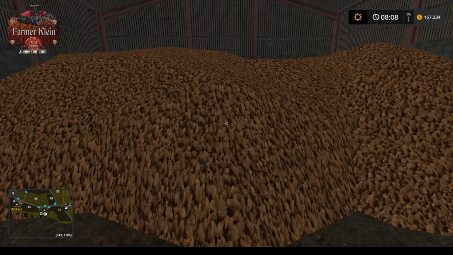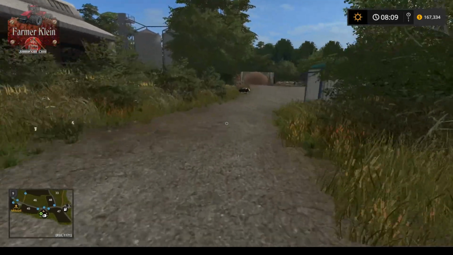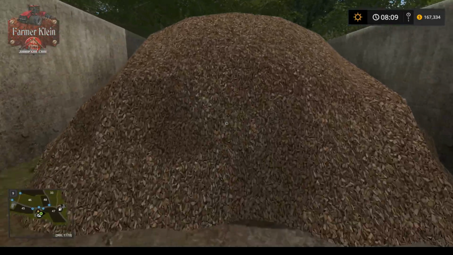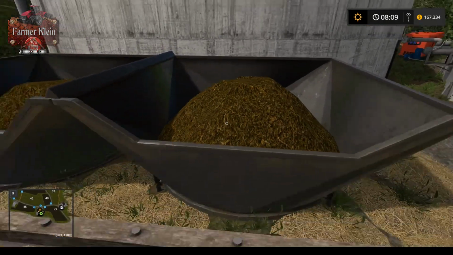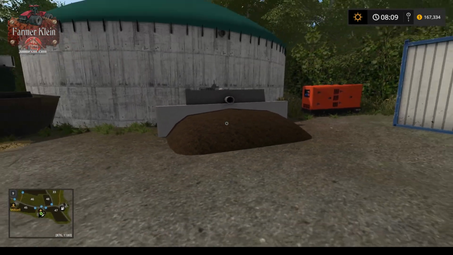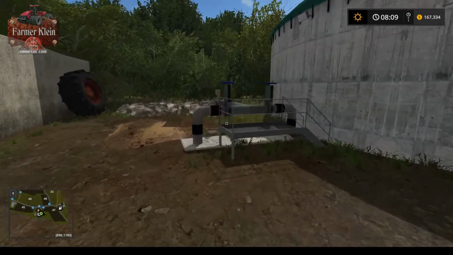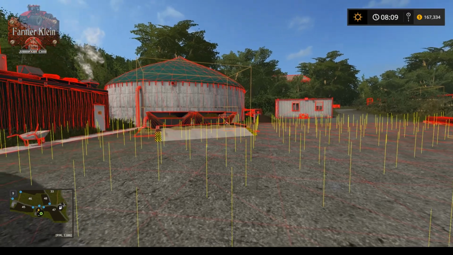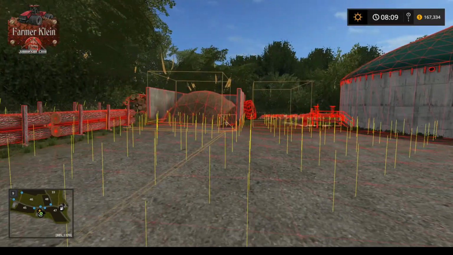Here's where we are going to be selling our sugar beets for this sell point. And then back here we also have a processing point for wood chips. And I believe this is hay, straw, and grass sales. Or is this the Compost Master? Like I said, there's supposed to be a Compost Master on this map, and I did not find it during my initial assessment of the map. In fact, I didn't even realize that there was a Compost Master until just before I started recording this video, and pulled up the